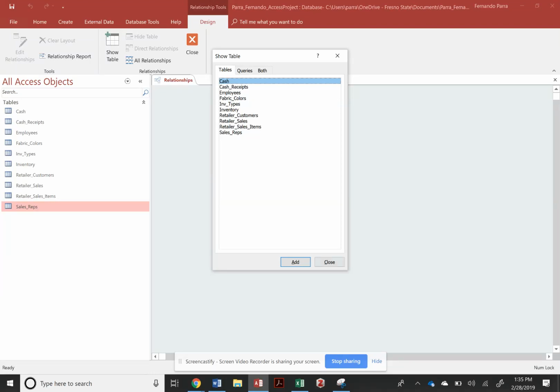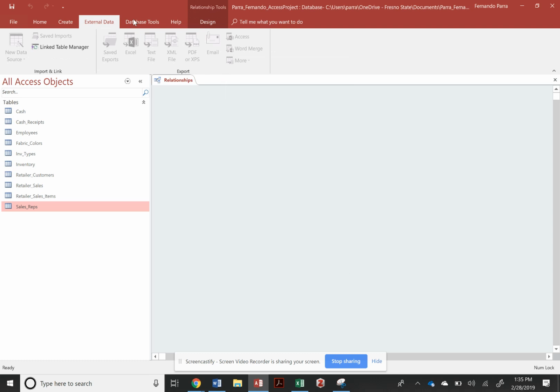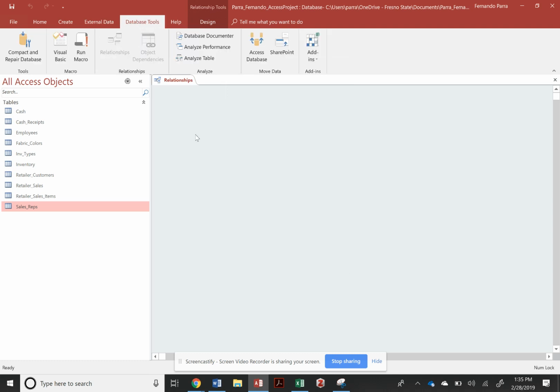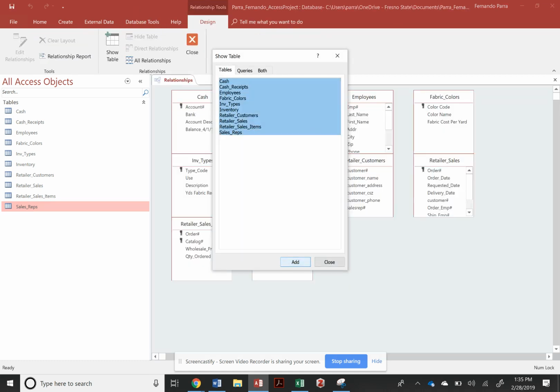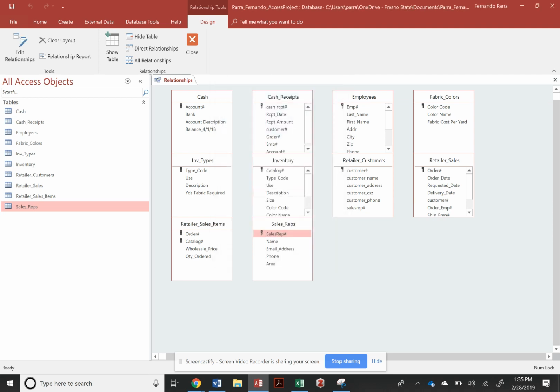All right, let me start from the beginning. So you want to make sure you go to the database tools, then you go to relationships, and let me close this so you can do it again. Relationships, and then you're going to grab all the tables and add them to your diagram, right? And then you just want to make sure that you connect them and establish the relationships for every single one of those